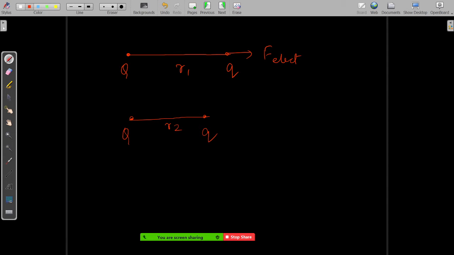So this charge would have moved from this point to this point. Somehow it has to move. But you can see that this particular force is in the opposite direction. It cannot move in this direction, so you have to do some work in moving this. There is already an electrostatic force acting on this charge, so you have to apply some force. That force will be referred to as external force, because you are interfering in this system.